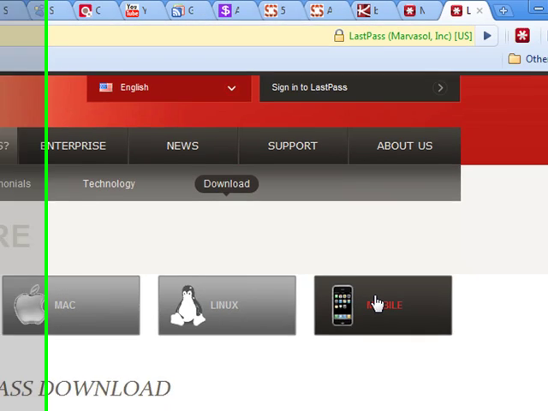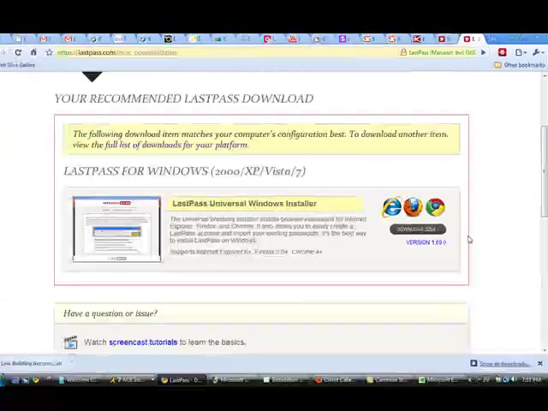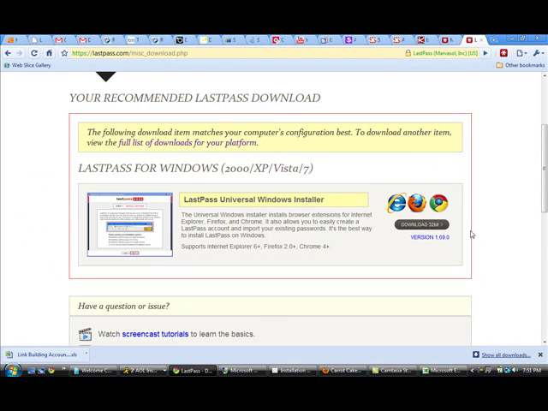Once you click through to LastPass, you're going to get the option of which browser you want to download the plugin for, or you can download it for all three browsers, which I recommend, particularly because this gives you access to your passwords across all three browsers, and then you're not required to use one particular browser for your link building activities, which